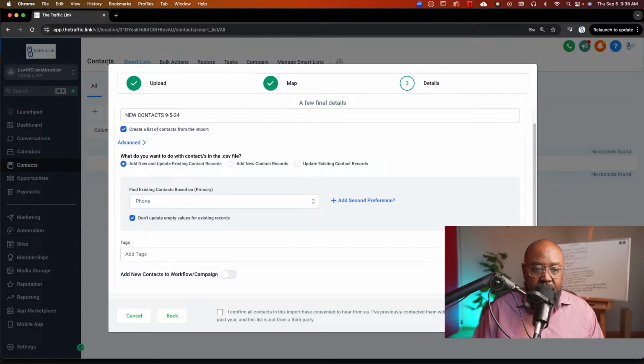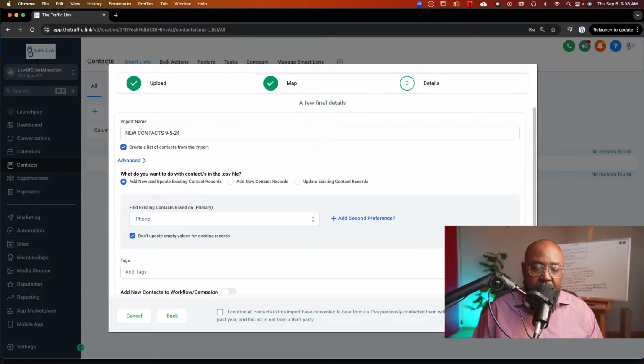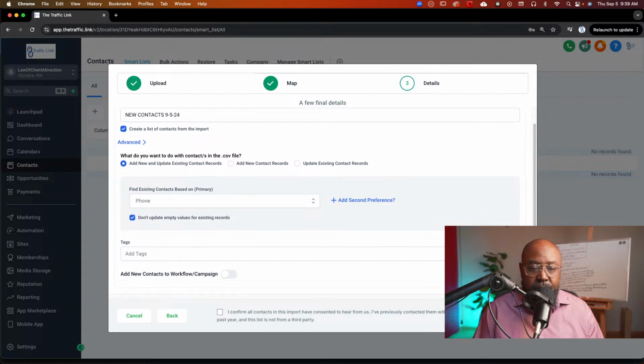So sometimes what I'll do is, for instance, if I have a large data set of people in a particular contact or in a particular account, and I want to add them all to a particular workflow or whatever the case is, sometimes I'll export people and then import them back into a workflow. That's just something I do. It's probably a lazy way to go about it, but it's something that works. But anyway, you can add tags and workflows.